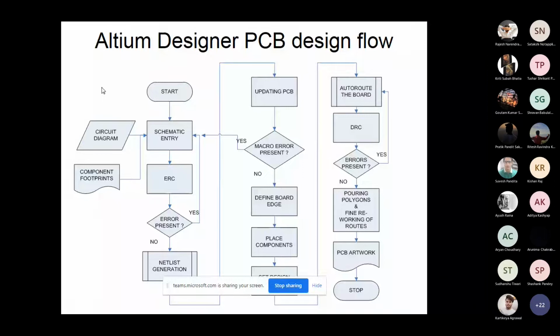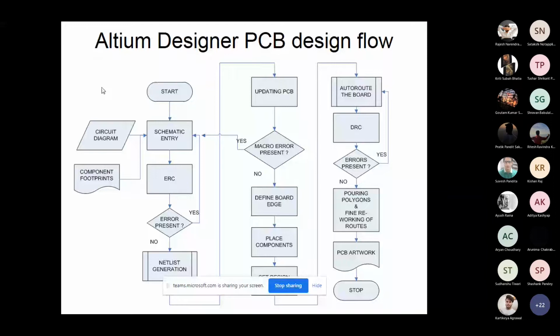Like there will be so many nodes. By default, the ground node will be called GND. We already know that. That is the net name. And then we have VCC. We may have some nodes labeled as 1, 2, 3, and then the corresponding components which are connected to that node are listed down in a textual format. That is called a netlist.